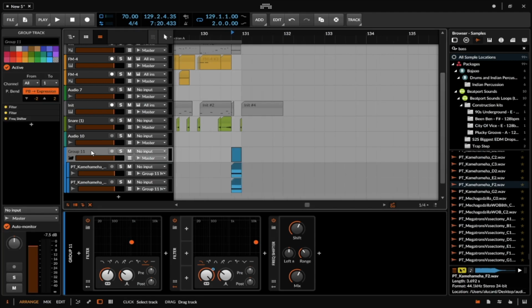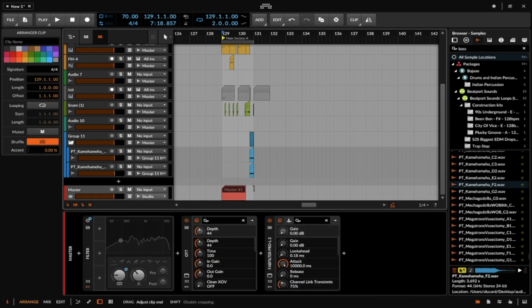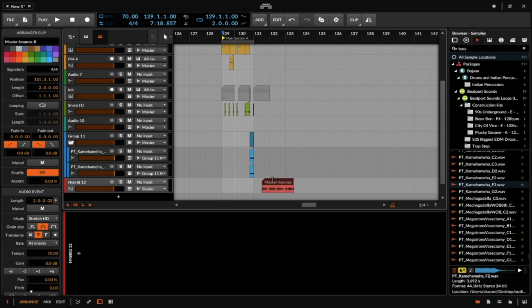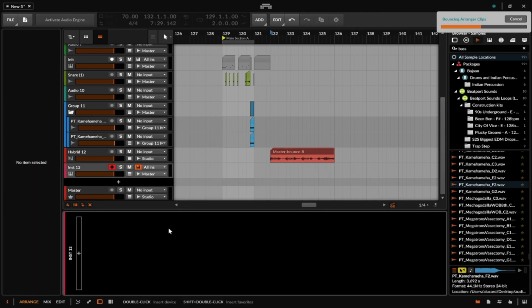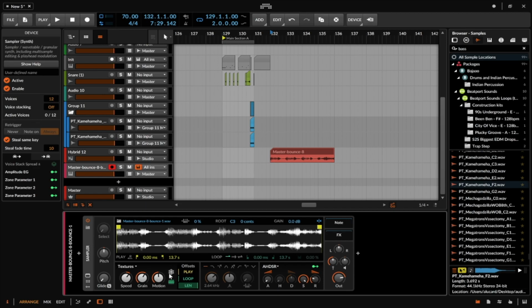Some other things that we can also do are bouncing out the whole thing, throwing this into granulator. So if I want to find something interesting within this, I can bounce this whole thing out. And then what I'll do is I can stretch this out and throw this into Les Sampler. And then from here, I can go into the textures mode and find something interesting. I'm not going to pull anything out of this. I'm just going to show you the capabilities. And when I play this,